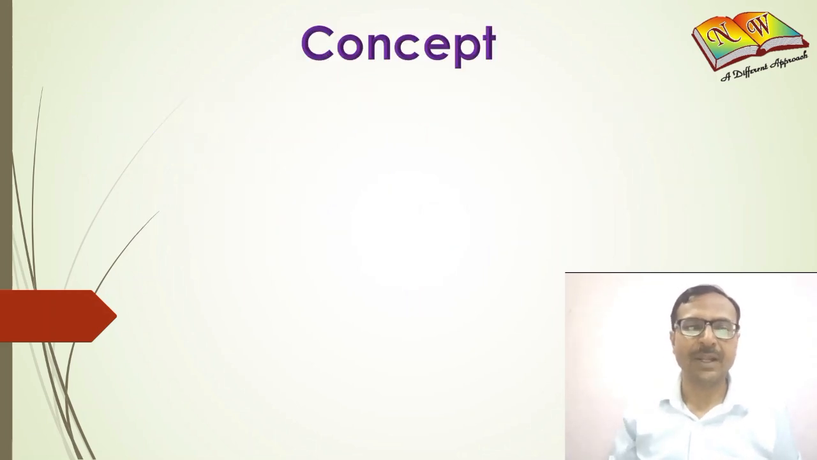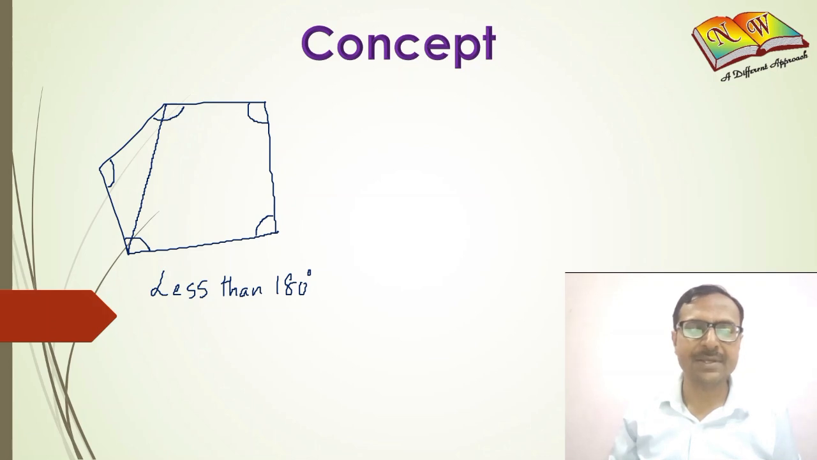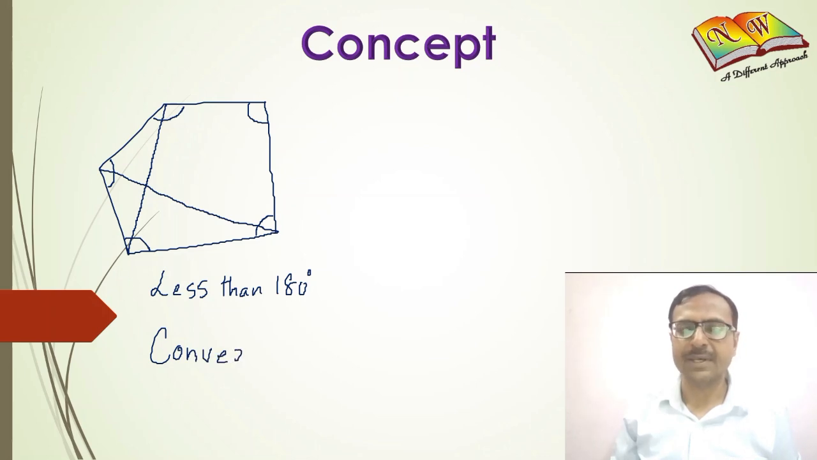To understand this, let's have a figure like this, where I have taken 5 sides and you can see all the interior angles. I'm marking all the interior angles here. If you measure all these interior angles, each of these interior angles will be less than 180 degrees. And there's one more property. All the diagonals, whether you draw a diagonal like this or like this, are going to lie entirely in the interior of the polygon, and therefore this type of polygon is known as a convex